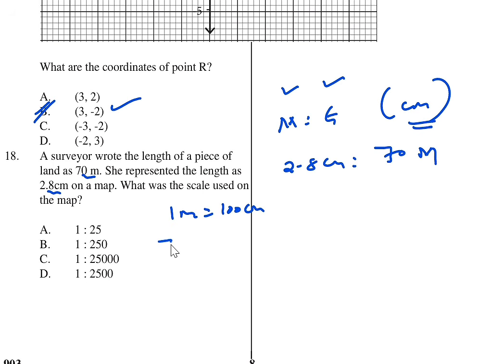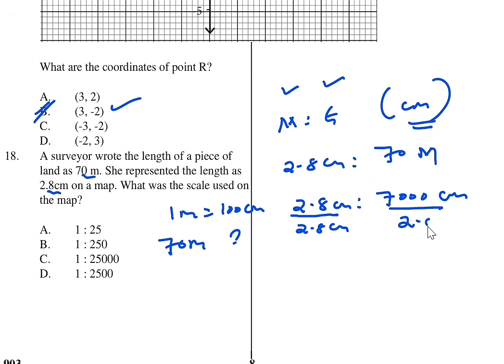What about 70 meter? Itakuwa centimeters ngapi? You multiply. So if you multiply 70 times 100, it will be 7,000. So write this again. This will be 2.8 centimeter ratio 7,000 centimeter. Now you divide by 2.8 centimeter, and then here 2.8 centimeter. Why divide by 2.8 centimeter na tubaki na 1? So hii na hii na cancel, pia centimeter na centimeter na cancel, tunabaki na 1 is to divide